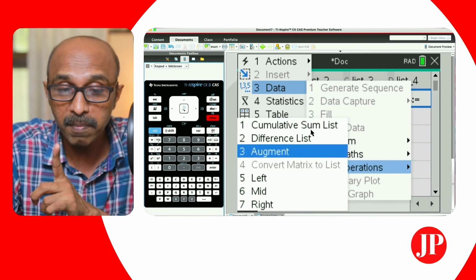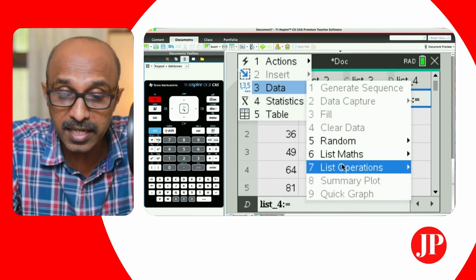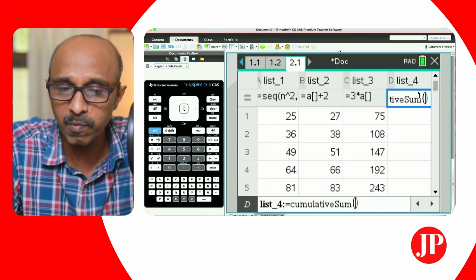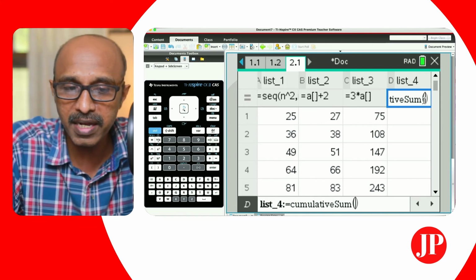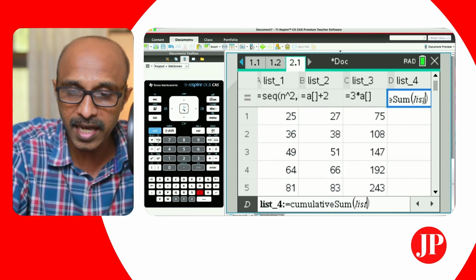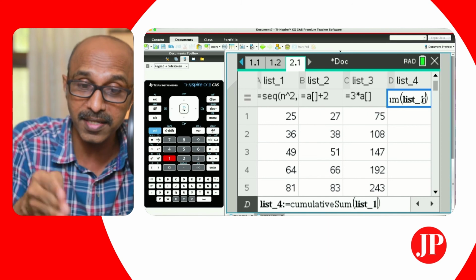That's also pretty cool. But then if I go to the list operations, and go to cumulative sum of that particular list, whichever list has your frequency, and for the time being, let's just assume our frequency list was list 1. I can just hit list 1 and it will become bold because the calculator realizes that this is in the memory.